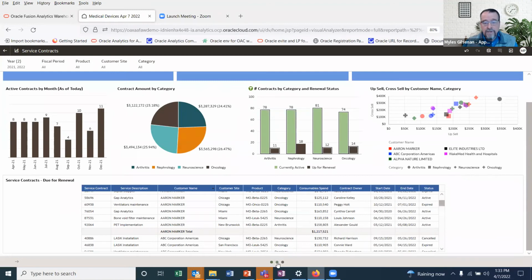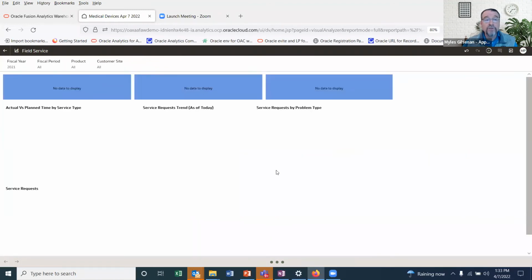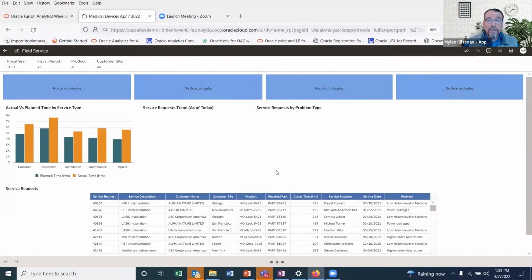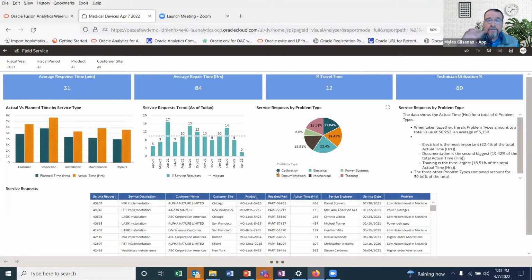So that's service contracts. I'm now going to jump over into field service. So again, we're talking about medical devices. These devices are out there in the field and they need to be serviced. And these service requests come in. But this could be for any type of service request. This could be for an IT service request, or really any type of service request. So here we're starting with